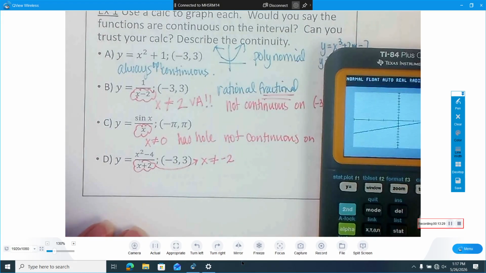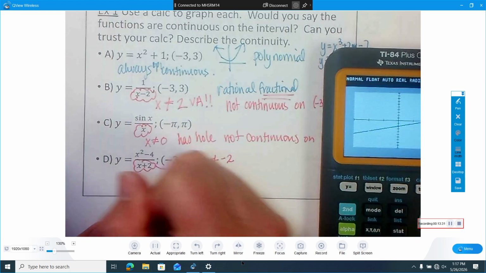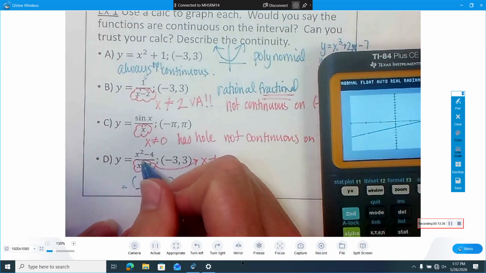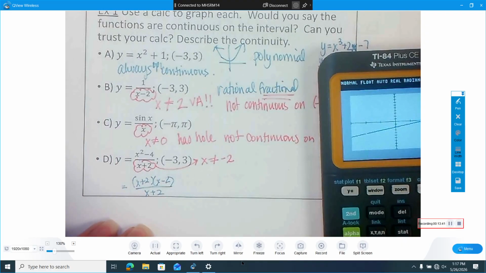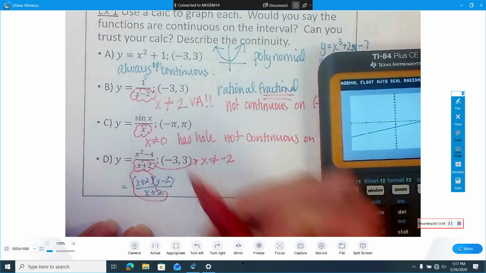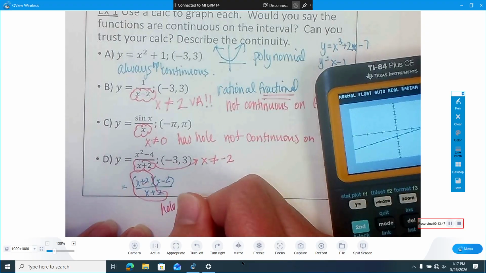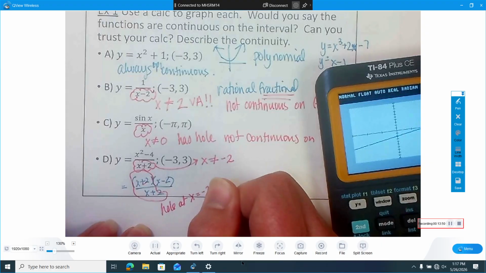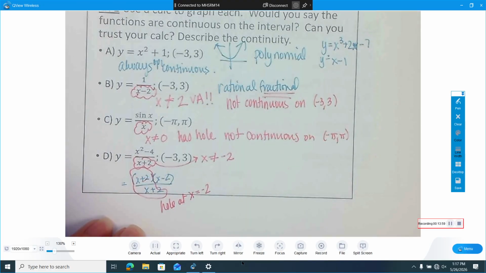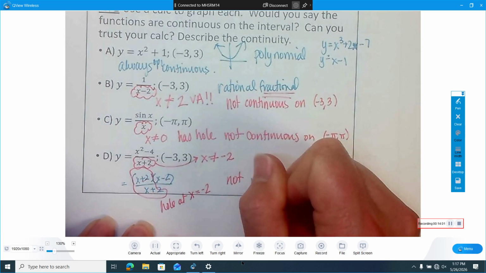But again, if you remember, this is something that we can factor. It factors as x plus 2, x minus 2. And when you see that common factor that we can reduce, that's what creates a hole at x equals -2. So it's not a vertical asymptote, it's a hole. Which is kind of interesting. But again, not continuous